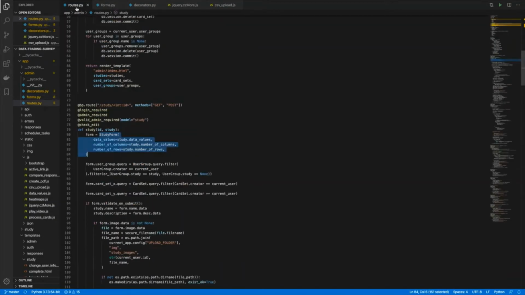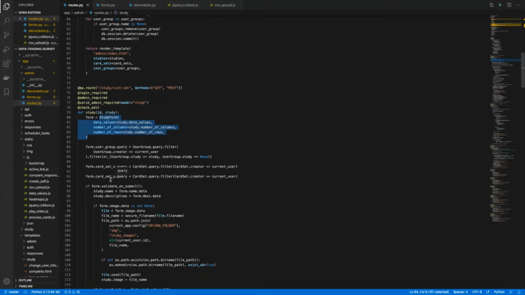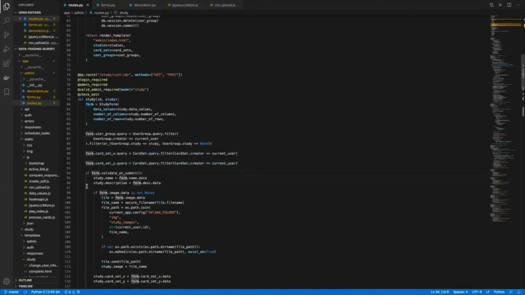So looking back at the study endpoint, here are the actual queries for those query select fields, and if the client is posting the form, again we use this validate on submit to check if the form submitted is valid based upon the custom validator method and the validator parameter for each field.